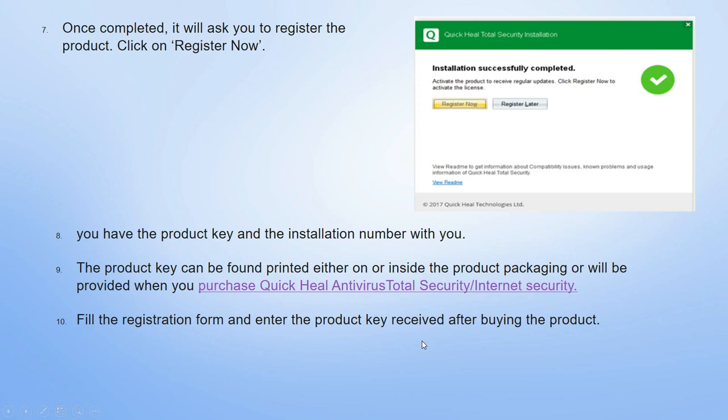Then fill in the registration form and enter the product key received after buying the product. In this manner you are able to install Quick Heal Total Security or Internet Security into your system.